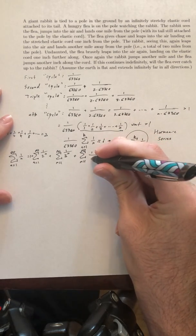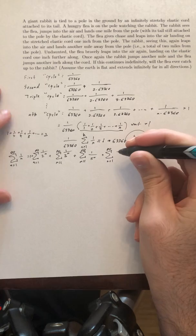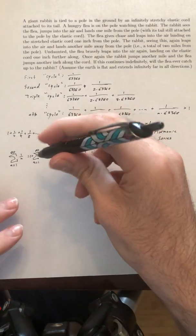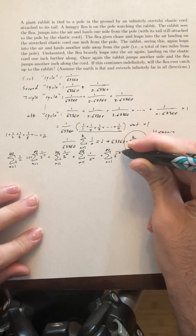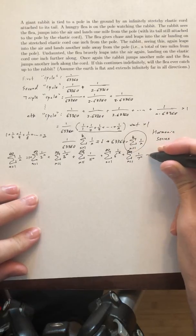Now I'm going to do 1 over 5 to the n plus sigma n equals 1 to infinity. Now, the powers of 6, you do need to do, right? Because powers of 6 are 6, 36, 216, and 1296 is next. Those are not included in your powers of 2 and your powers of 3. So 1 over 6 to the n plus sigma. Oh, and hopefully, I'm just going to write one more. Hopefully you can see what I'm doing now. 1 over 7 to the n plus ...